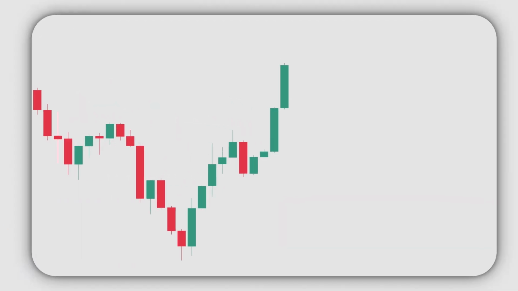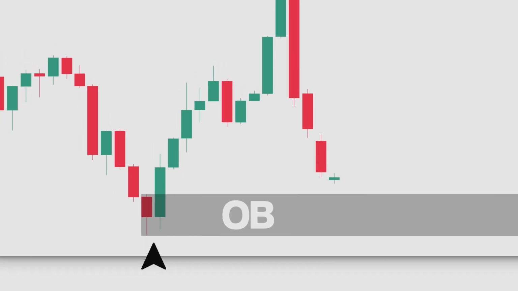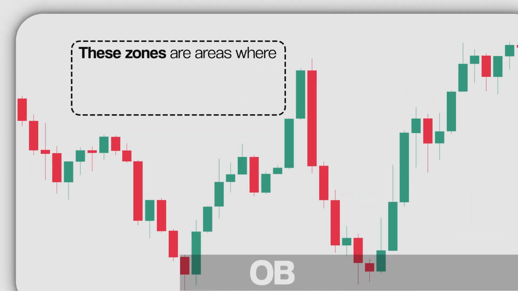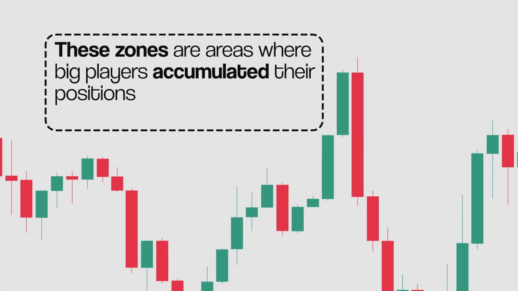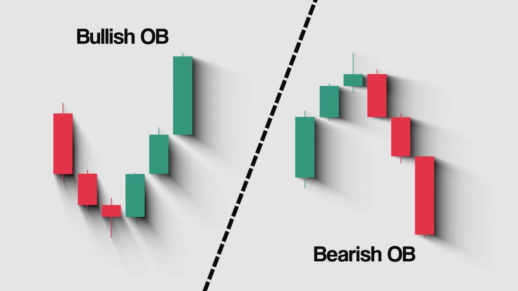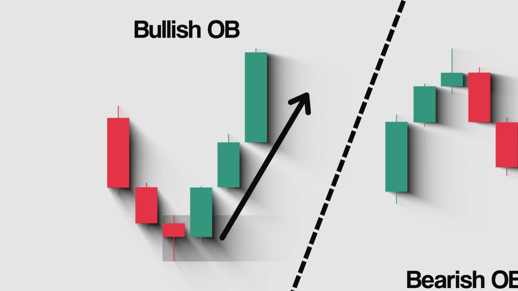Order blocks represent specific price zones where large institutional traders executed significant buy or sell orders. These zones are areas where big players accumulated their positions before a strong displacement move. In a bullish environment, a bullish order block is typically the last bearish candle before a powerful upward move that